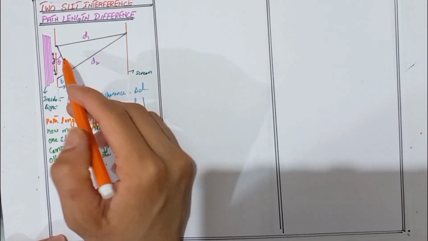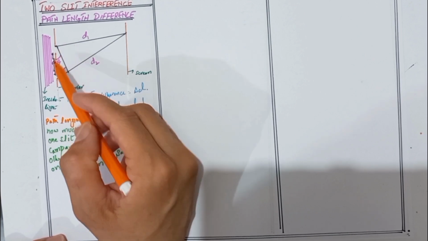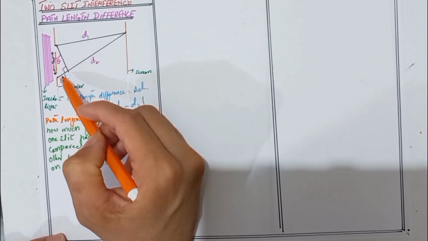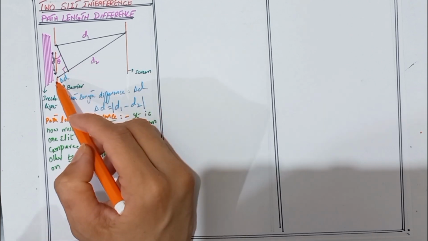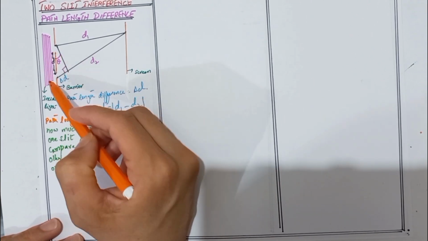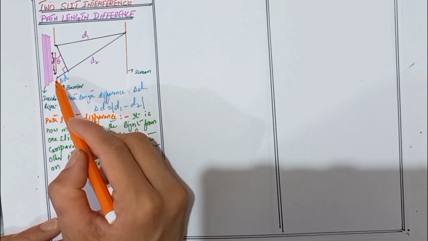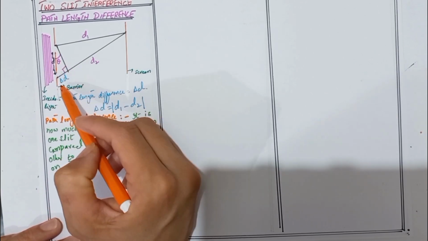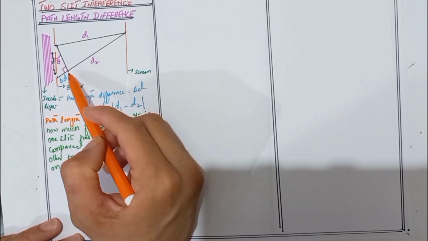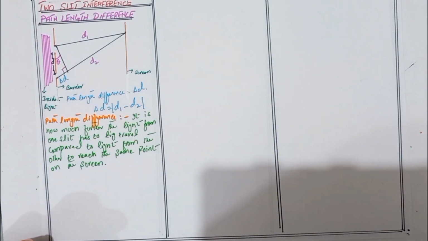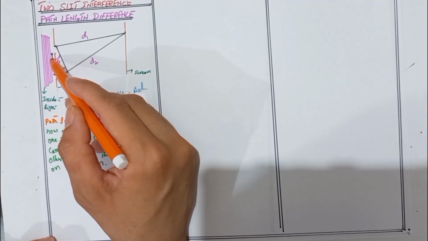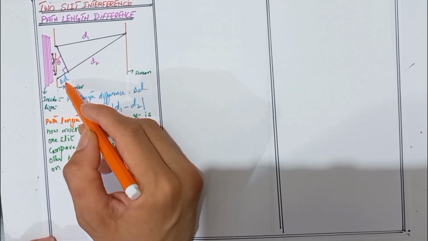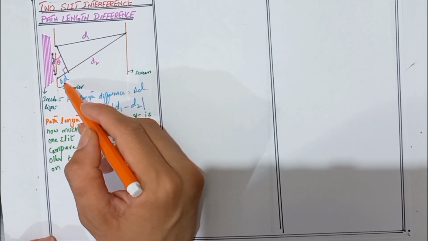Now let's draw a dot at the center of the top of the slit like this, and then from that dot we draw a line down until it intersects the other line at an angle of 90 degrees. Now let's say that the distance between the centers of the two slits is a distance d. Let's also say that the angle between this line and our barrier is theta. We can see that now we have a right triangle. The hypotenuse of that triangle is distance d. Along with this, we can say that the lower side of the triangle is equal to delta d, that is the path length difference between the two waves.